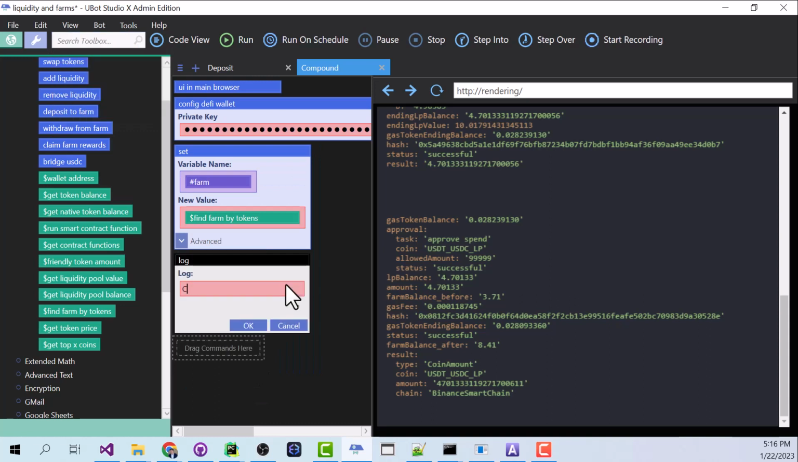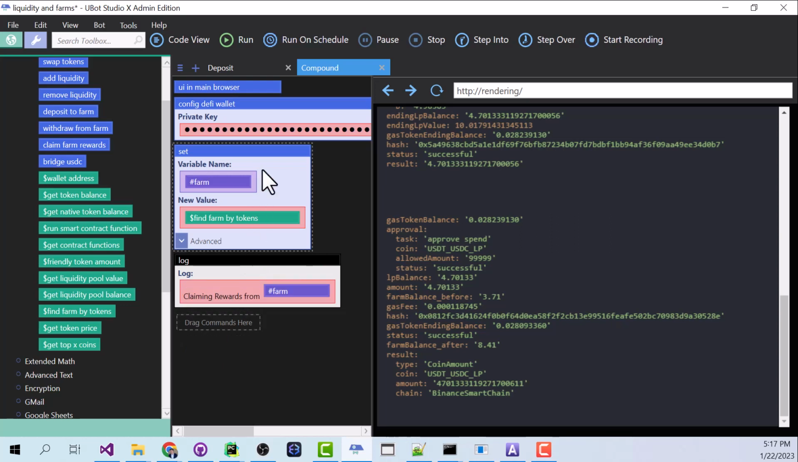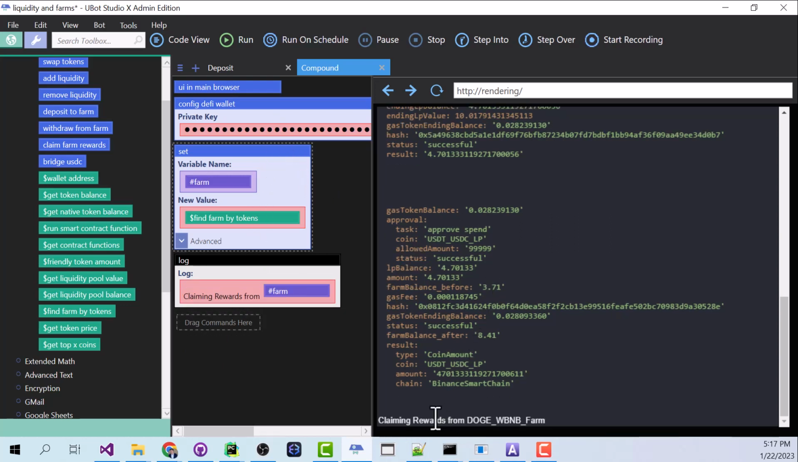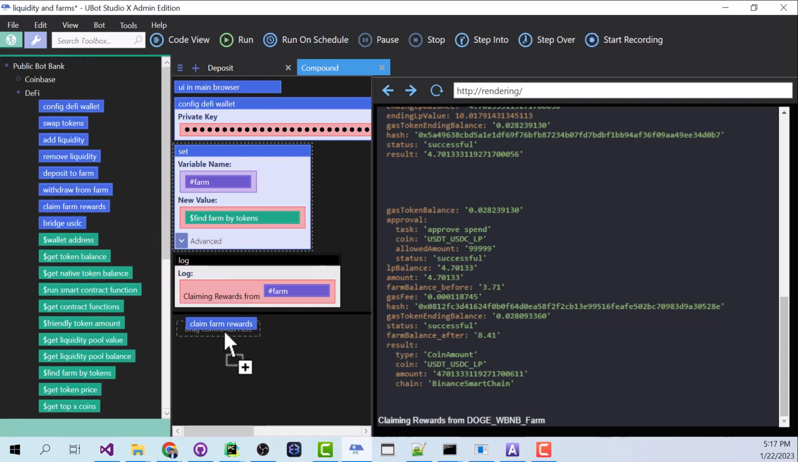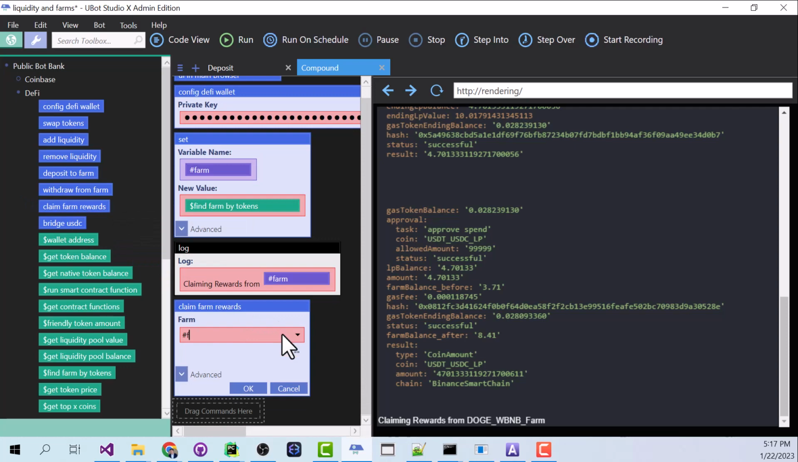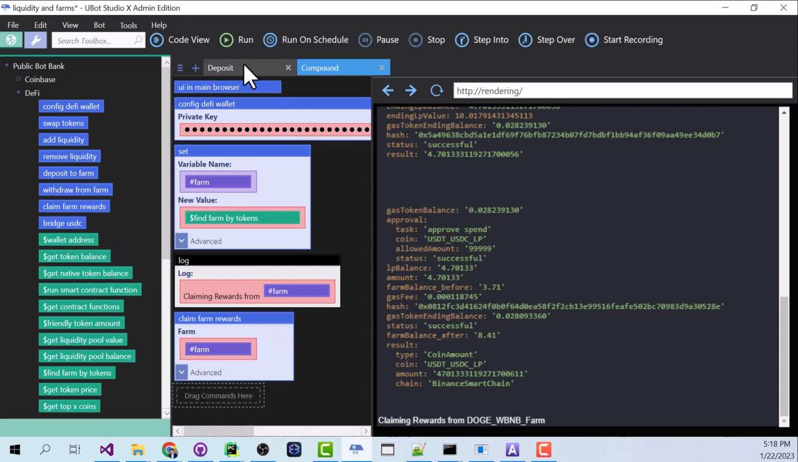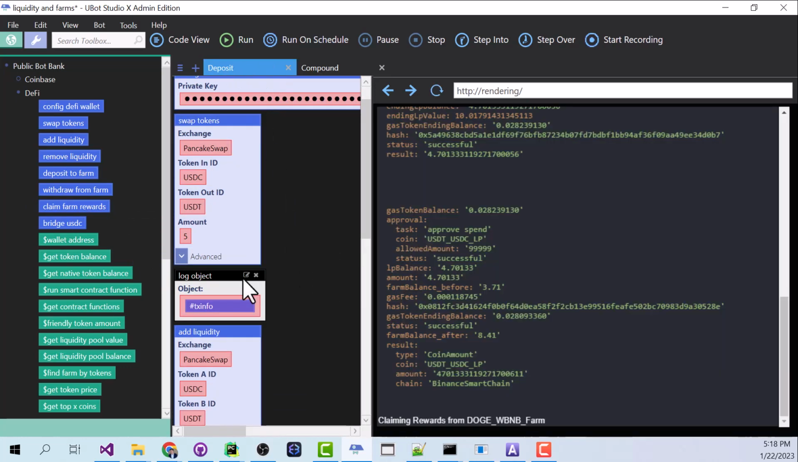We'll say claiming rewards from, and we'll put our farm variable here. Let's run this and see what it looks like. The variable, and there we go, claiming rewards from Doge WBNB farm. Our next step will be to claim the rewards, and we'll put our farm variable here. Okay. And I believe over in our deposit tab, we have this command here that we can just copy and